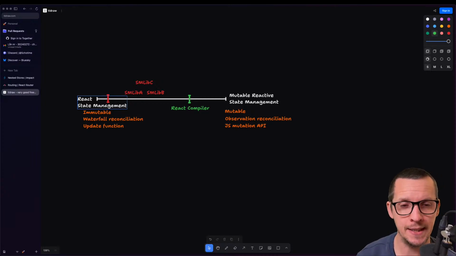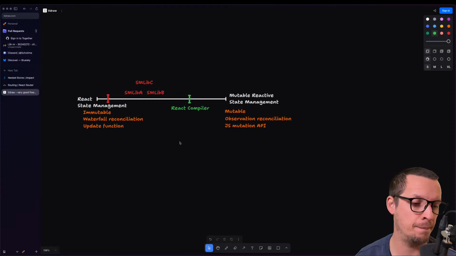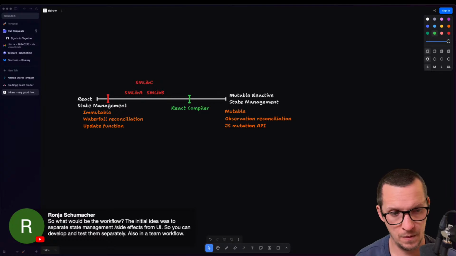But you implement it the same way. That's what I mean. With the React compiler, you continue using useState with the update function and what you know from there, or you use the use reactive hook. Yeah, exactly.